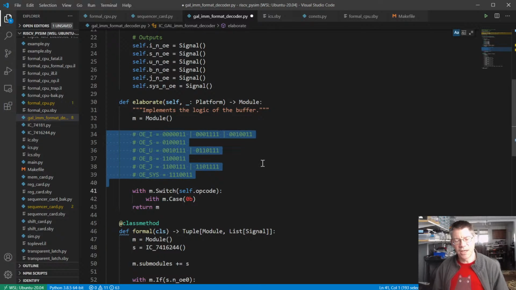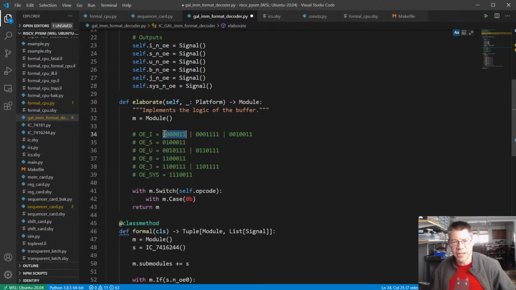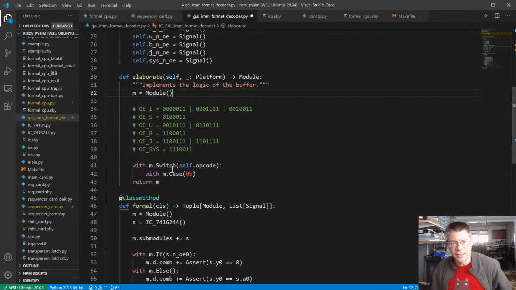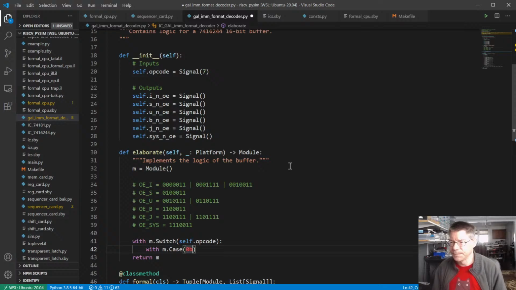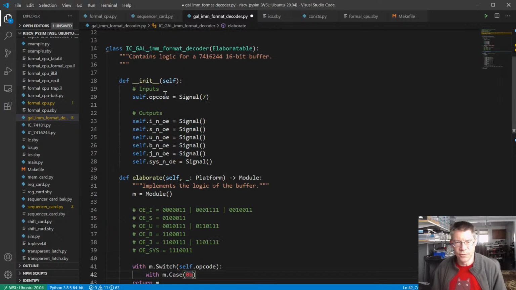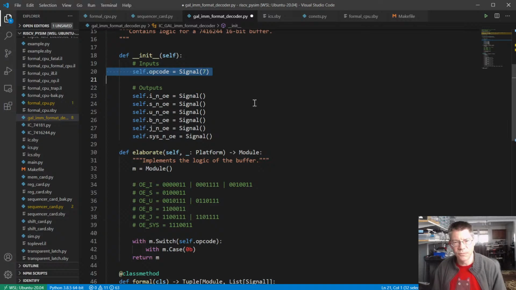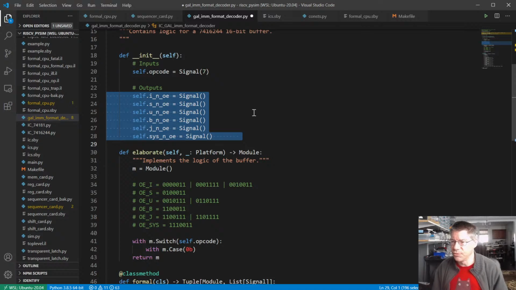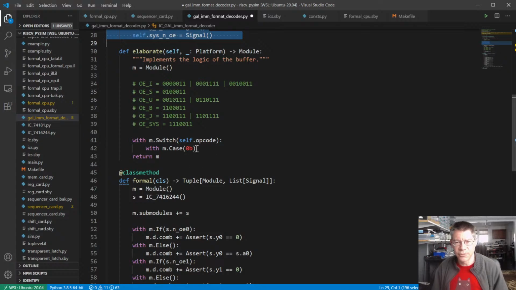Okay, so what I did was I copied the logic out of KiCad that I had in there. So here's KiCad. I copied that into the code as comments so that now I can write the logic. So we have a 7-bit input signal, which is the opcode, and we have the outputs, which are the output enables or negative output enables to the buffers. Okay, so for these cases,